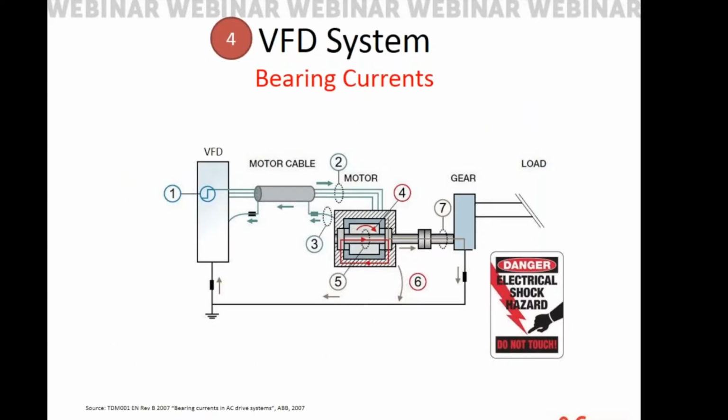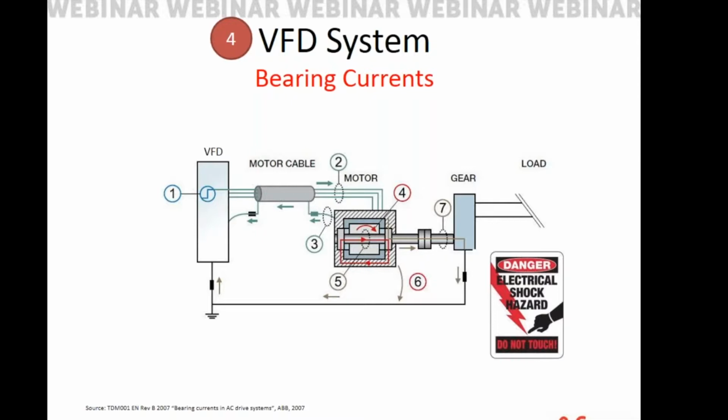So, common question is, what are bearing currents? Well, if we look at how a VFD is connected to a motor, we'll see that we have the VFD, the motor cable being the VFD cable in this case, with the phase conductors connected from the output of the VFD to the input of the motor. That pulse width modulated waveform, that very high frequency waveform, is sent down the phase conductors or the power conductors